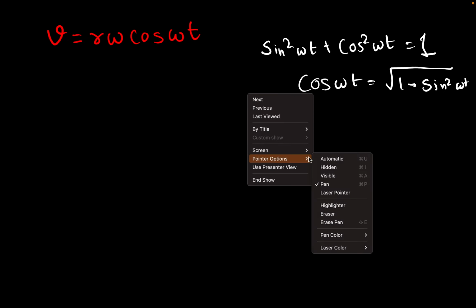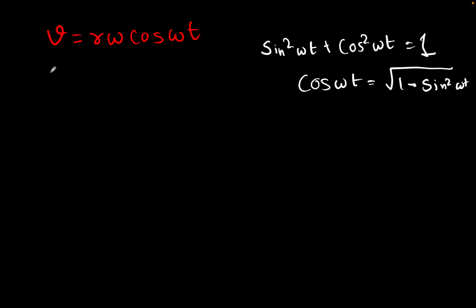Then velocity is going to be r omega times the square root of 1 minus sin square omega t. If we multiply the inside terms with r,